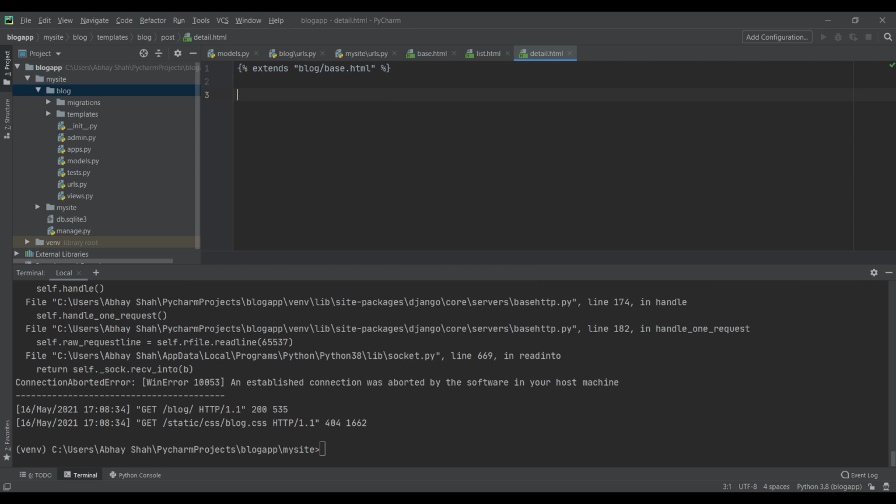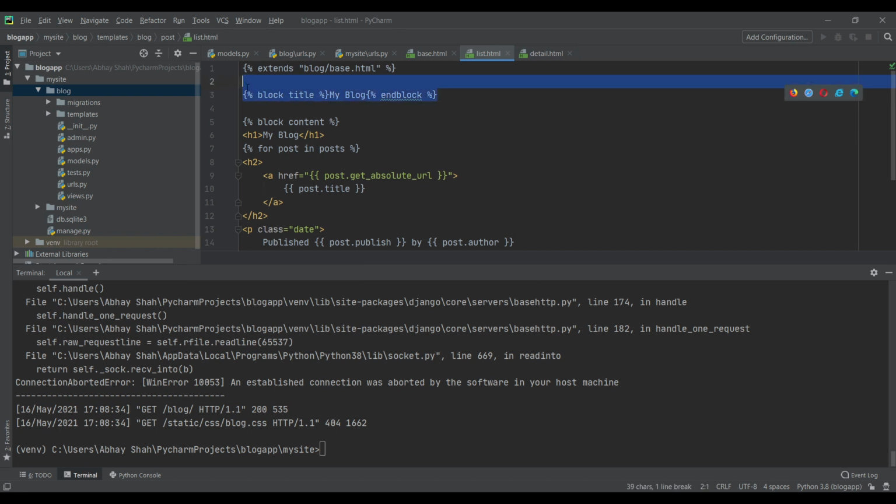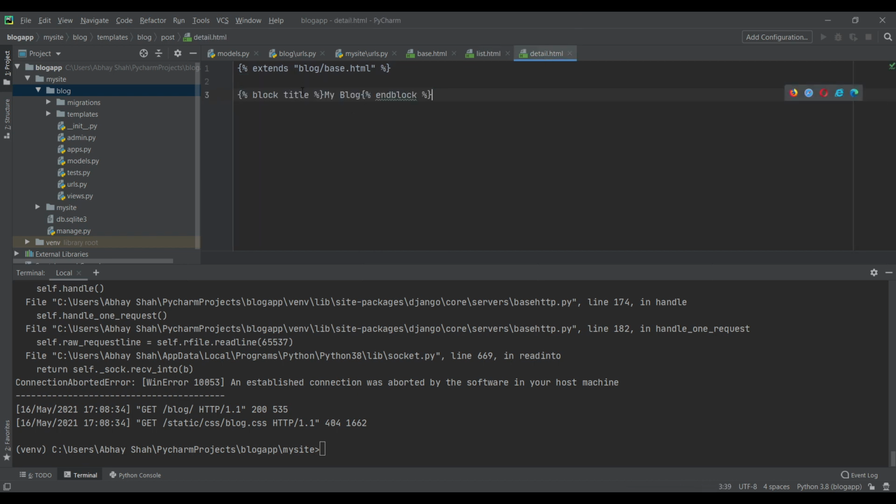Yeah, so we do that. Then we need to write the block title. Let's just copy a little code from here, and okay, let's just do block title. Okay, and then inside this we need to have post title, right? So post dot title. Okay, so once we're done with this, we're going to write block content. Once we're done with block content, we want to display the heading, right? Which is just the post title. So post dot title